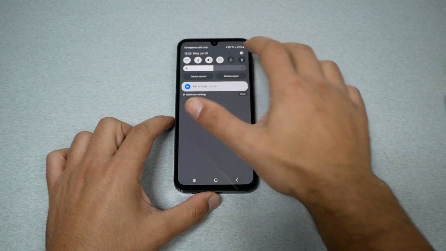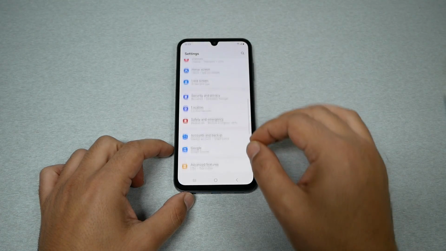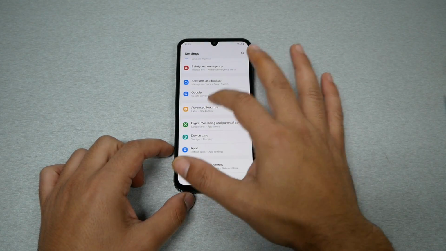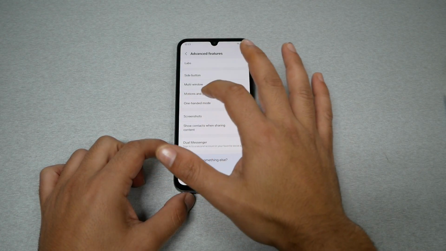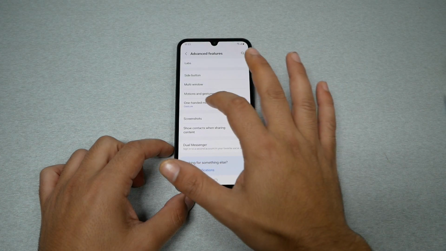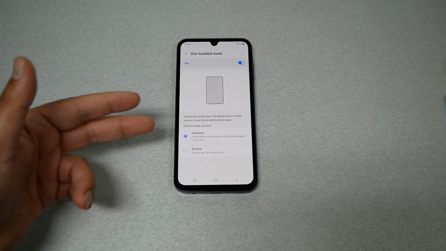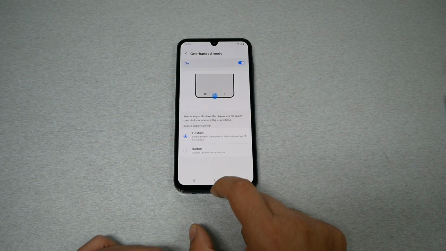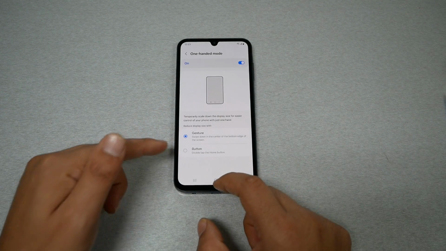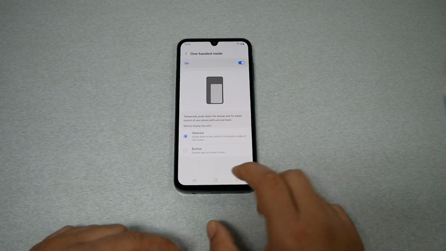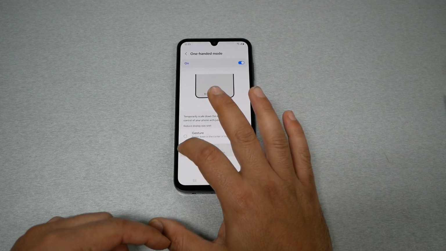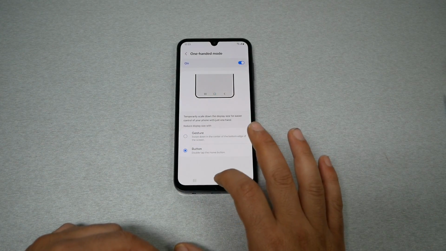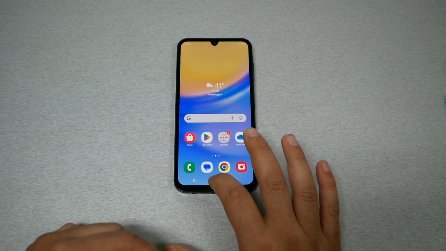Go ahead to the settings and then go to advanced feature and then go to one-handed mode. Enable this feature. Go over here because we have two different options to activate. The first one will be a swipe gesture, and the second one will be double click on a home button. In case you have these buttons, you can enable the double click on the home button just like this,